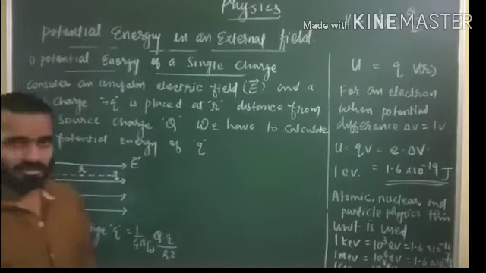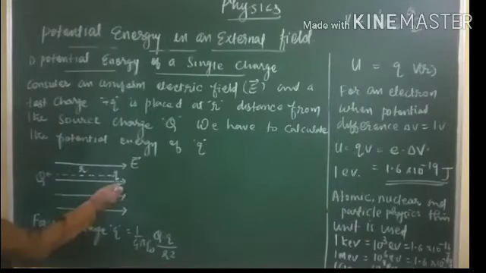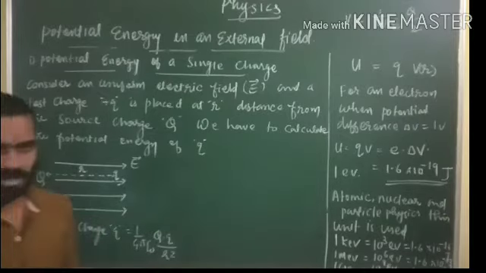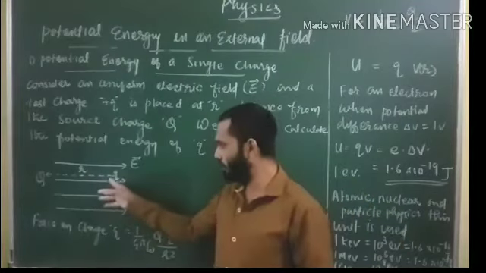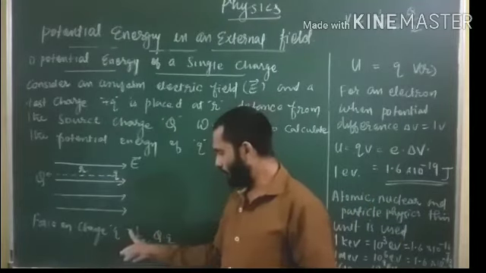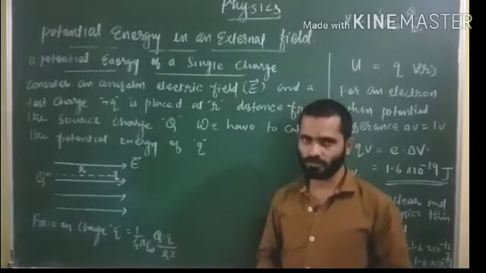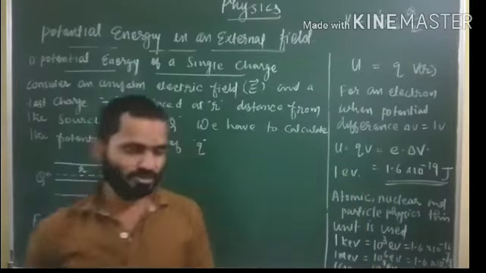So for that, we start from the basics, students. The force acting on this charge we can calculate. The force on the charge is equal to 1 by 4 pi epsilon naught q into q divided by r square. This is from Coulomb's law. Coulomb's law we have studied. So the force acting on this charge will be equal to 1 by 4 pi epsilon naught q into q divided by r square. Now listen, students, try to understand this one clearly.